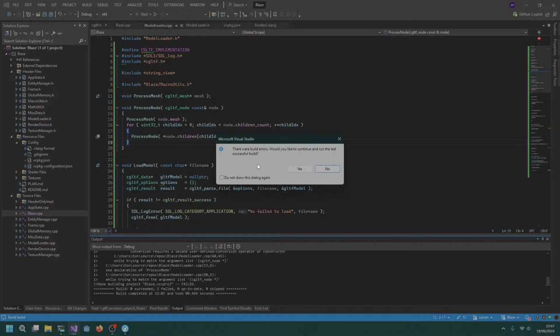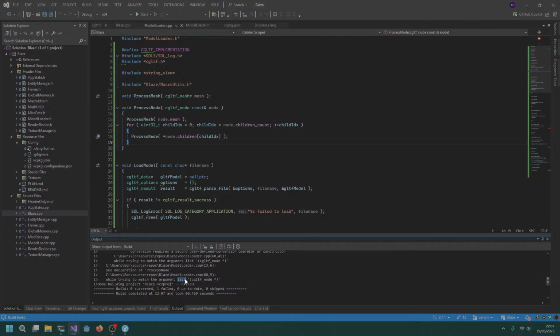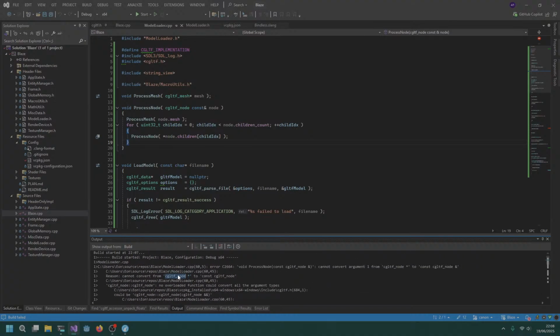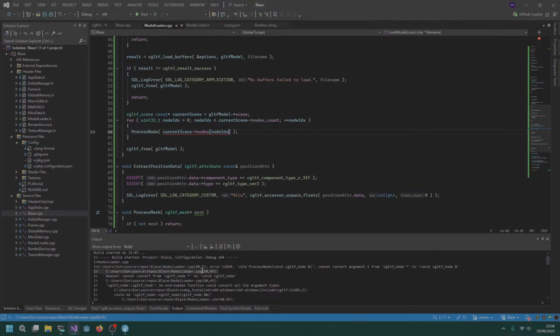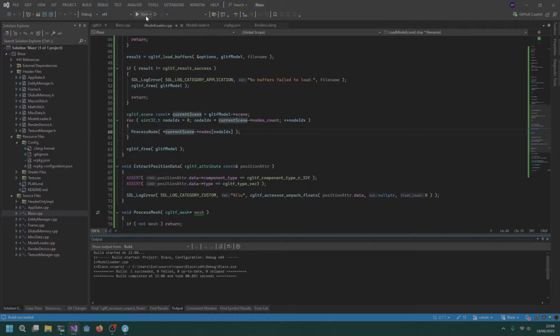This should print what we want. Something's wrong. Cannot convert between node pointer and constant reference here, because nodes, it provides you a node pointer. So build solution, start,